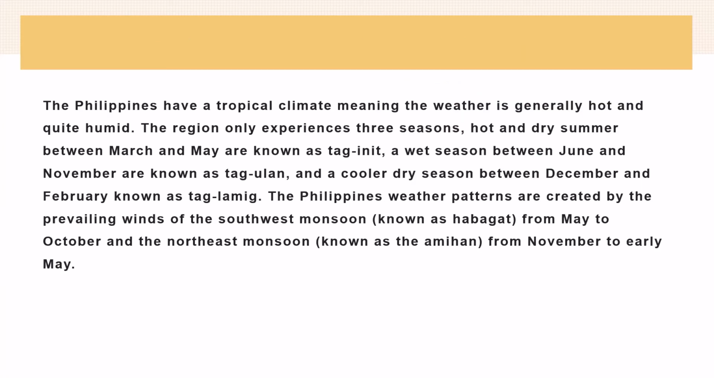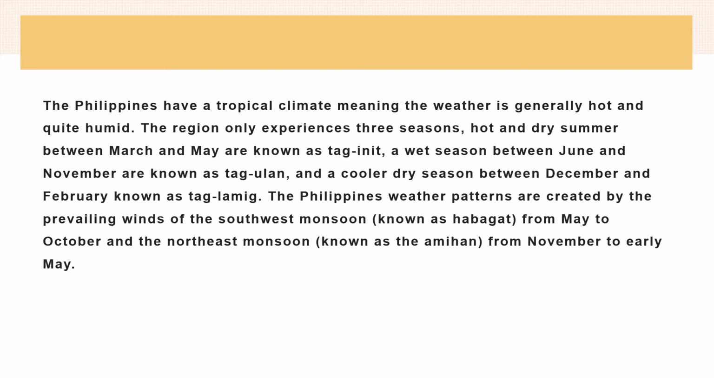The Philippines has a tropical climate regime. The weather is generally hot and dry. The region only experiences three seasons: a hot and dry summer between March and May, known as tag-init; a wet season between June and November, known as tag-ulan; and a cooler dry season between December and February,